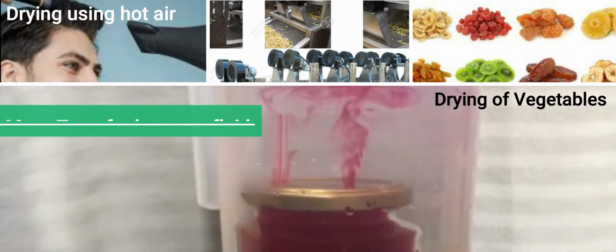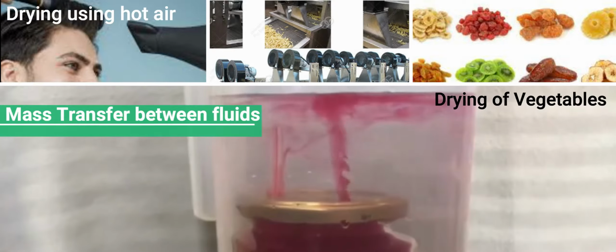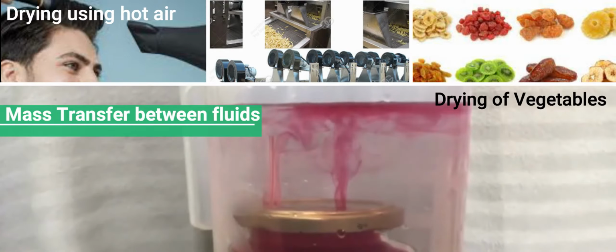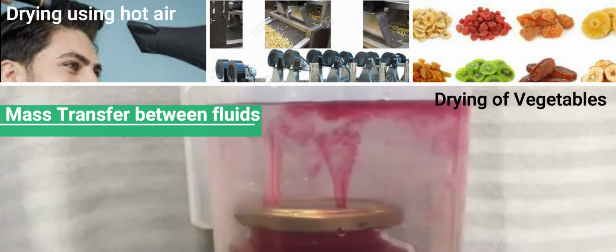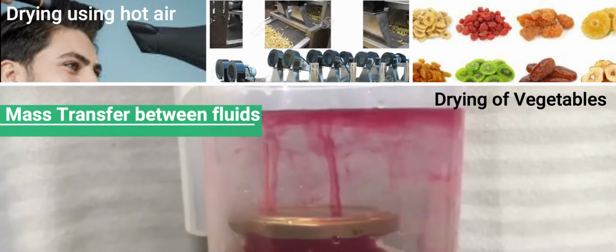This video shows an example of convective mass transfer between two immiscible fluids. Further, convective mass transfer normally happens between a solid surface and an adjacent moving fluid, as shown in these figures. In the first figure, the moisture is transferred from a stationary surface to the adjacent moving fluid, that is hot air. The same concept is applied for drying of vegetables. Here, vegetables are the stationary solid surface which contains moisture. When the air passes over it, the moisture is transferred from this stationary solid surface to the moving fluid.